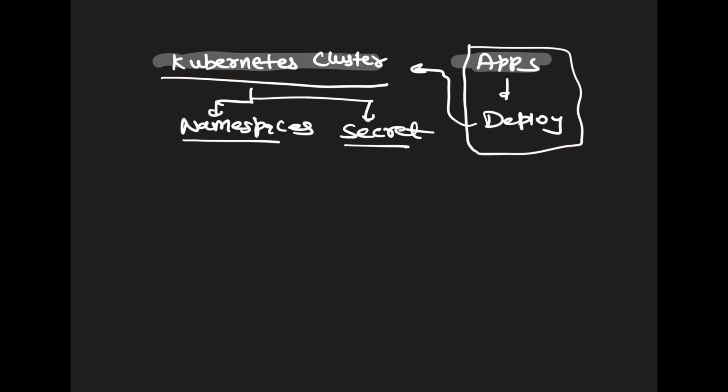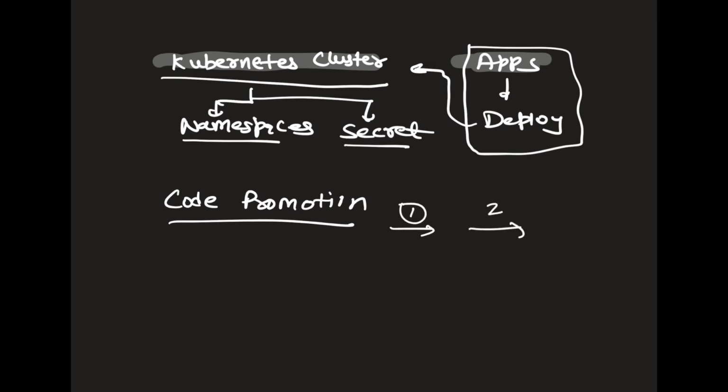And it also helps you with code promotion. So let's say you have deployed your application in one environment. Typically in an organization, we have a development environment, a UAT or testing environment, and then a production environment. So you can do the code promotion from one environment to the second environment and to the third environment. You can have your own environments configured within your Jenkins X, and then Jenkins X can help you to promote your code or application from a lower environment to a higher environment.